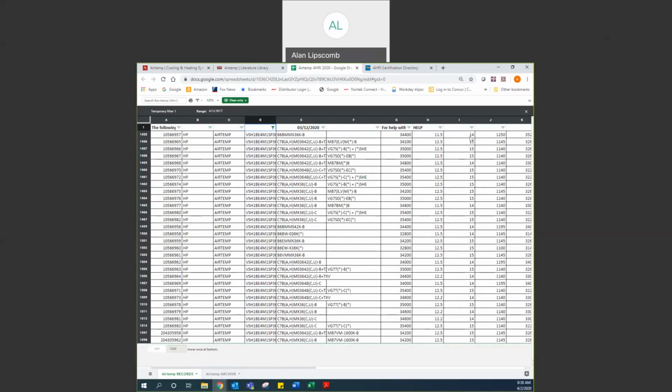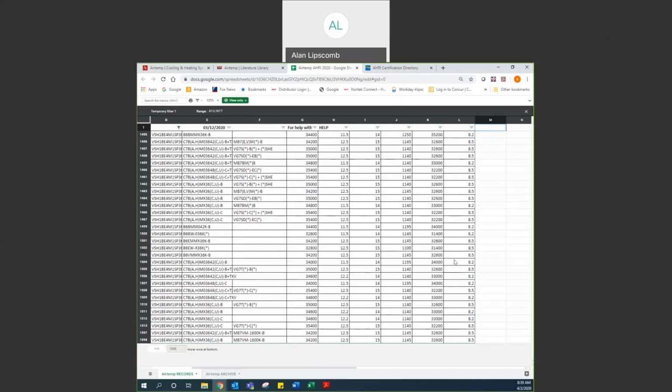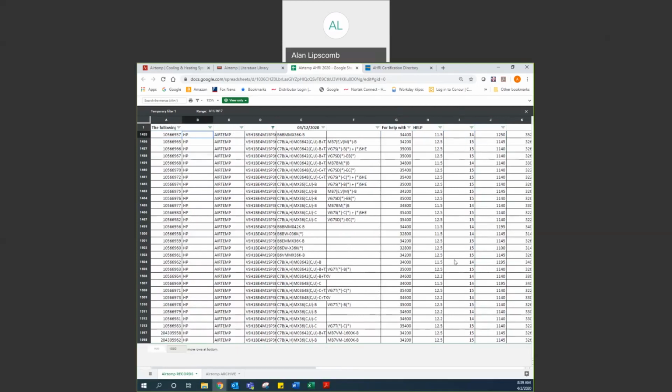Again, as you go across, your cooling capacity, all your ratings, EER, SEER ratings, the CFM required, your heating capacity, and over to the right, if we go all the way over to the right, we'll see the HSPF number as well. So let's say, for example, this very top one is the one that we're after. In order for us to produce a certificate, if a customer is asking for a certificate, all I have to do is go over here, highlight this cell that has the AHRI number in it, right-click it, copy it, and go over to the AHRI certification website,